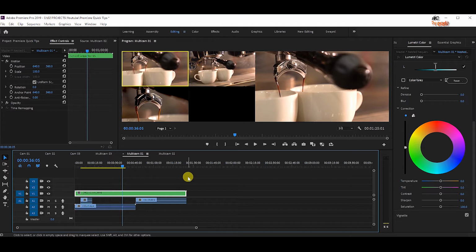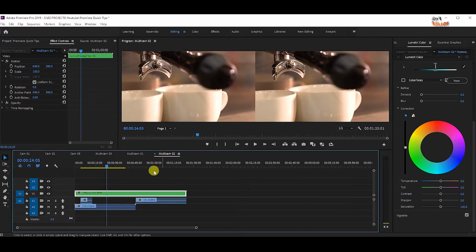So in Premiere, while working in multi-camera, the screen should be like this. On the left side, it's a multi-camera showing all your cameras. On this right side, it's your main screen. Whatever you select on the left side should appear on the right side. But sometimes you won't be able to see all the cameras on your left side. It's just a simple one camera, just like the right side.